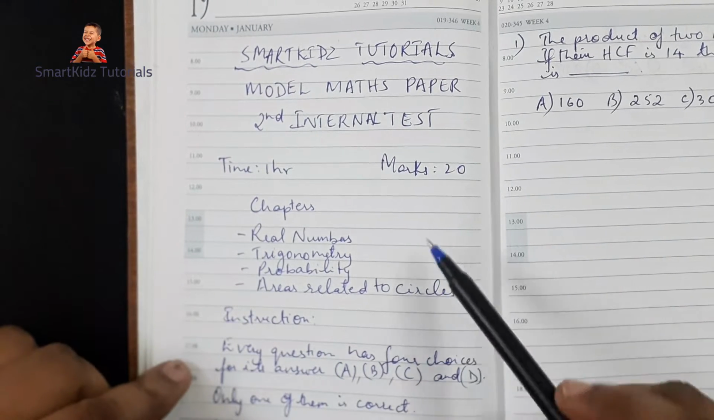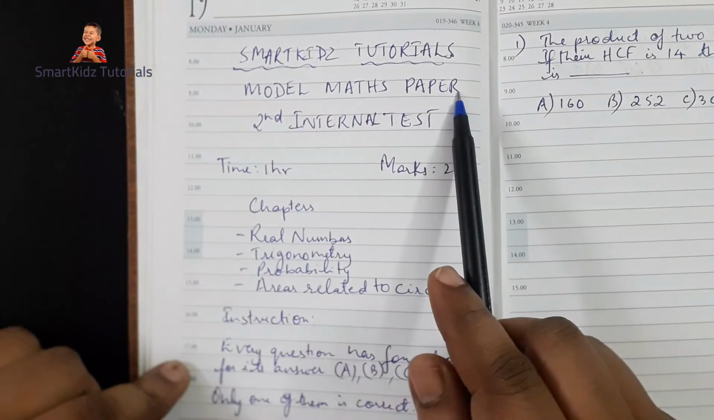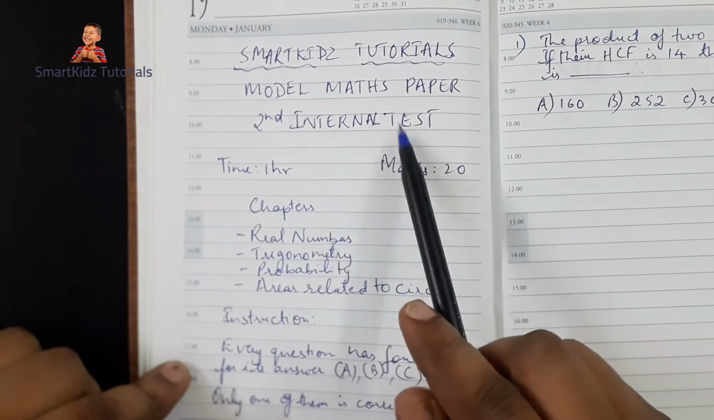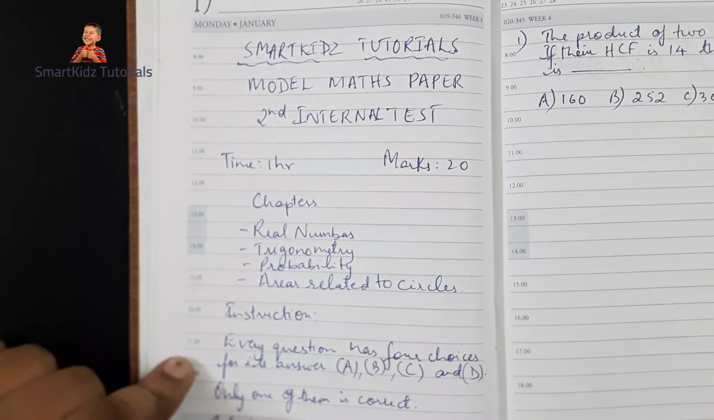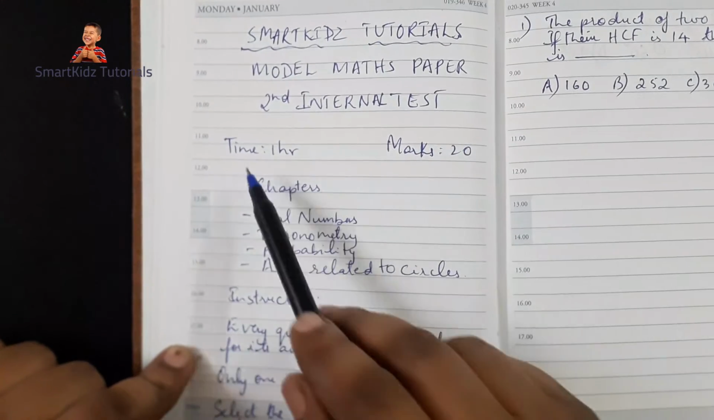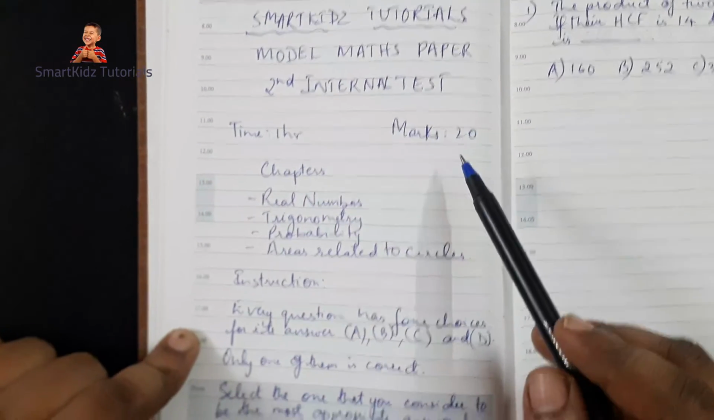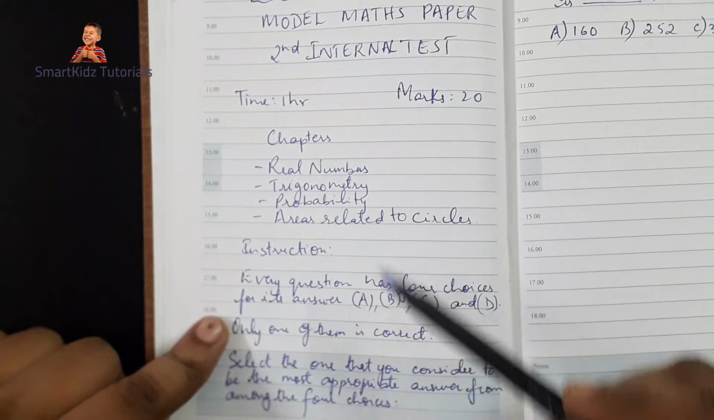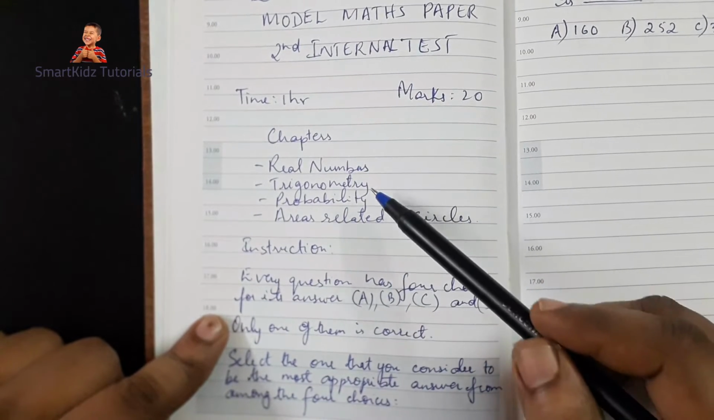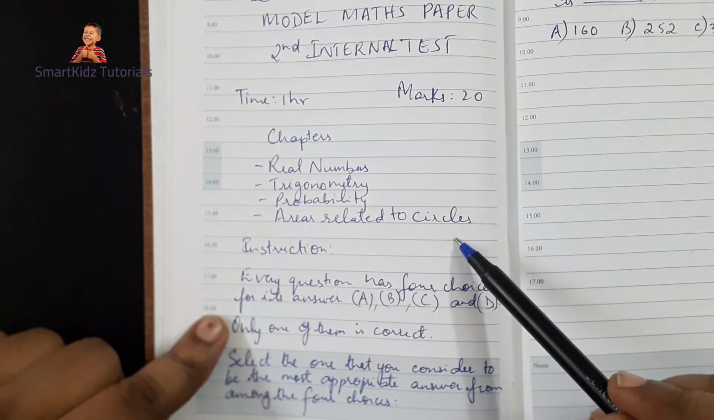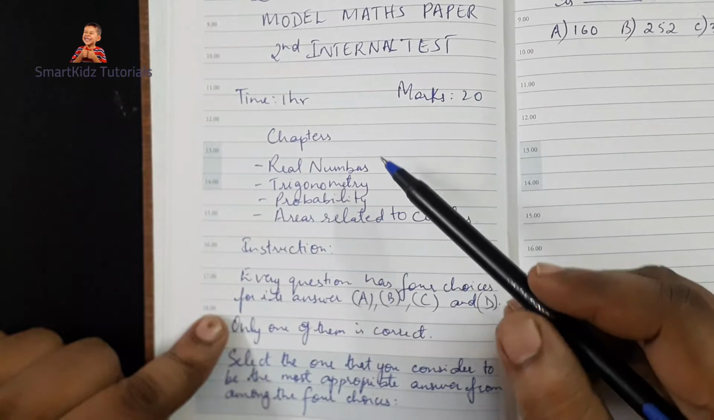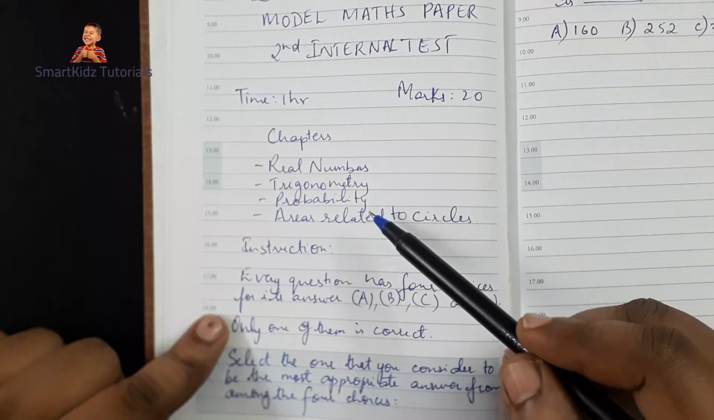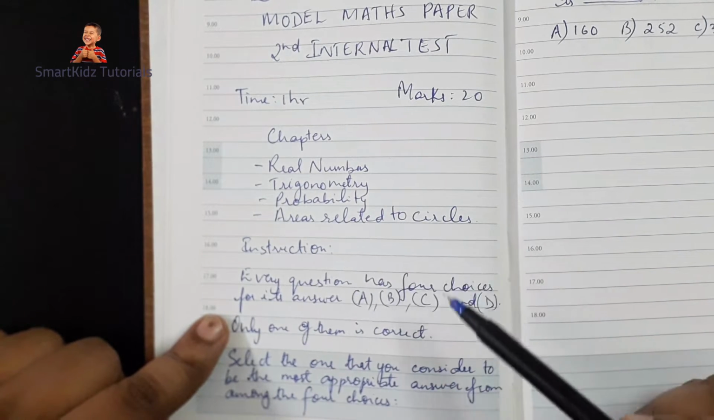In this video we will be solving a model maths paper for Goa Board second internal test. So you can use this as a practice paper to understand how questions will come and how to answer them. It's a 1 hour paper, 20 marks. Chapters that are covered in setting this paper are real numbers, trigonometry, probability and areas related to circle. There's 4 marks for real numbers and probabilities each, and 7 marks for trigonometry and 5 marks for areas related